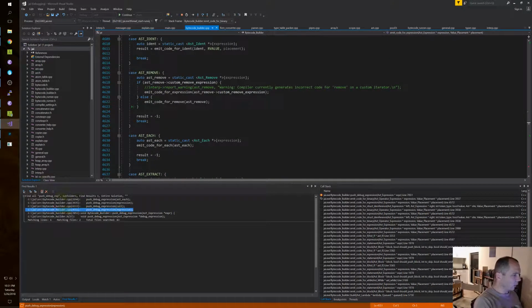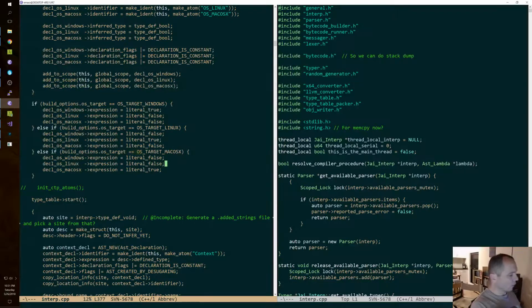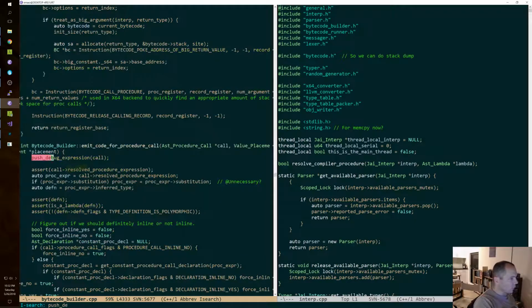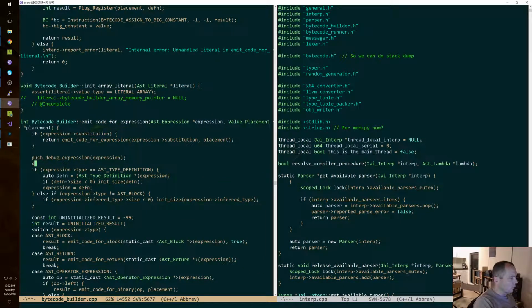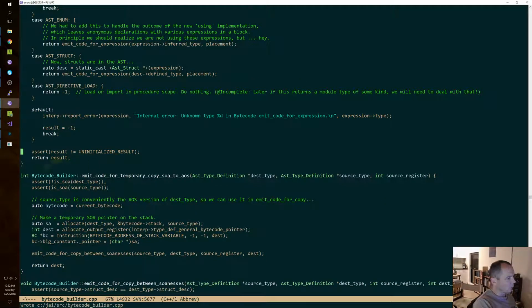All right, let's do that. I hope it's not slower. The reason I hope this isn't slow is because we do it all the frickin' time.